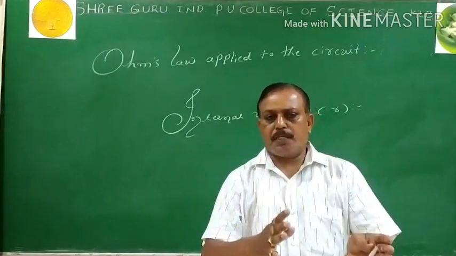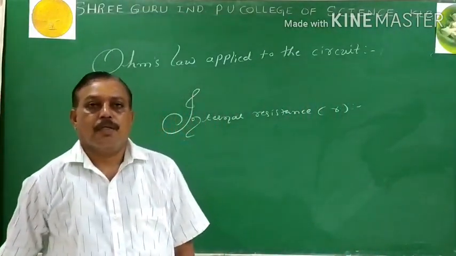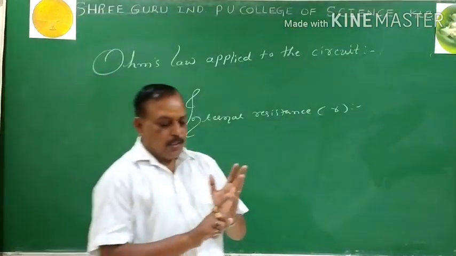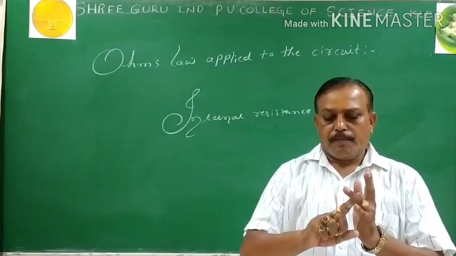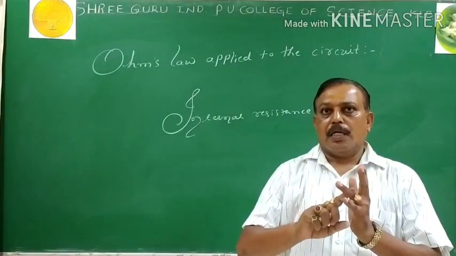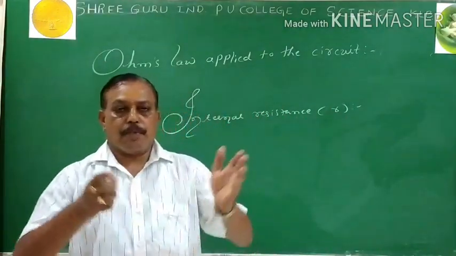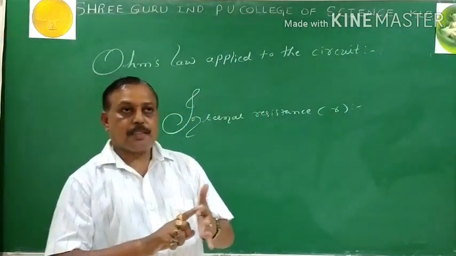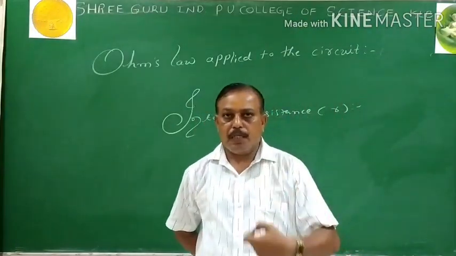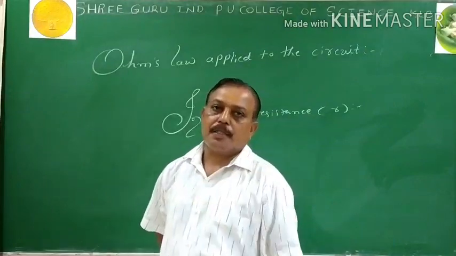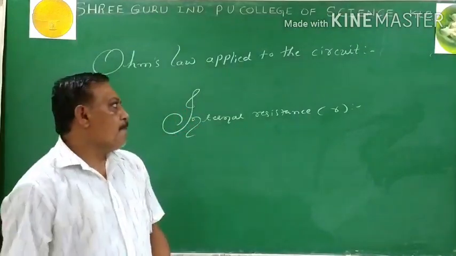Now this concept, electric polarization, is in electrostatics. Already we have studied it there. So internal resistance depends on the nature of the electrodes used for the construction of the cell. It depends on the extent of the area of the electrodes in contact with the electrolyte solution. It depends on the separation distance between the electrodes. It depends on the electric polarization: the greater the electric polarization, the greater will be the internal resistance. It means that every cell has its own internal resistance.